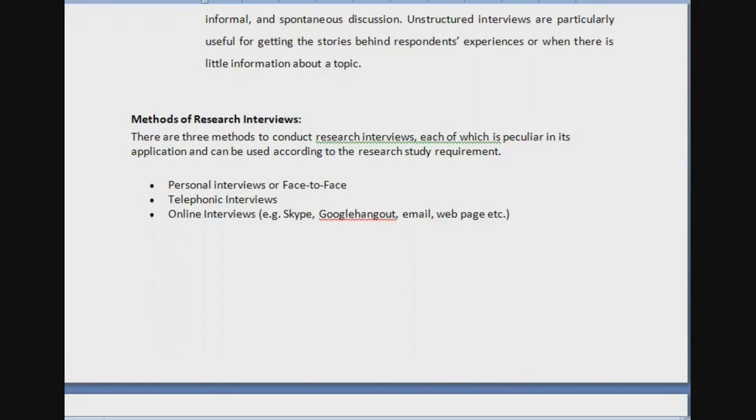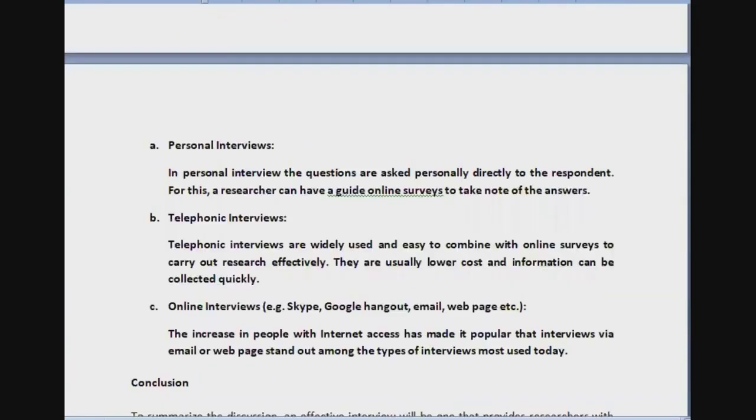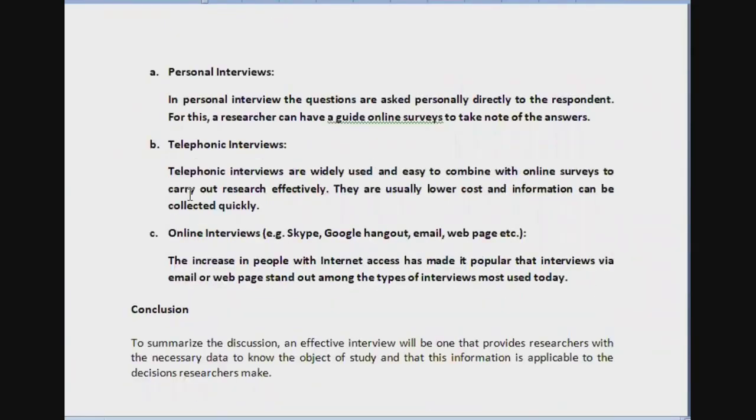Right? Maybe on a website, some questions are given. Sometimes you need to answer it. It will be a survey or things like that. So first one is personal interview or face-to-face interview, where questions are asked personally and directly to the respondent. That means I will go and meet you in person. Face-to-face we will sit, I will ask you questions and you need to answer them. Right? We both are at the same place, face-to-face, and then we are trying to gather the information.